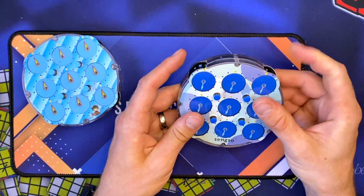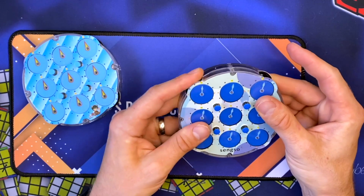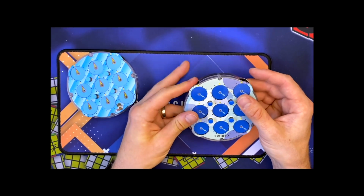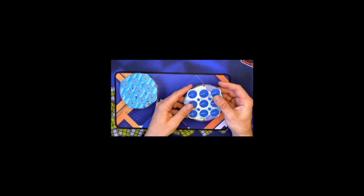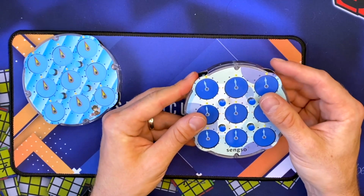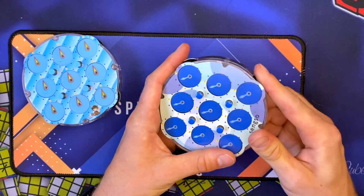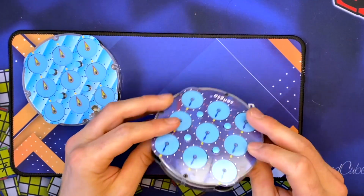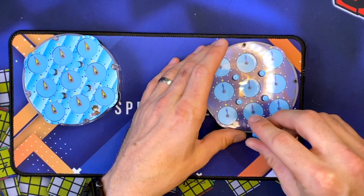So let's see if just doing some turns here will smooth this out. Let me try to do that again. Let's see if doing some turns here will just help break this in. But it just seems really tight. I've heard you can tension it, so let's check that out. Let me grab a screwdriver and open this up, because